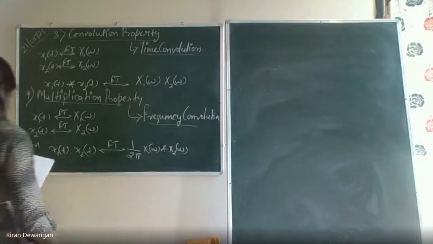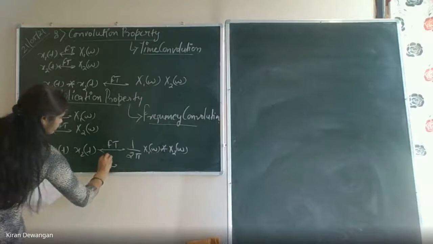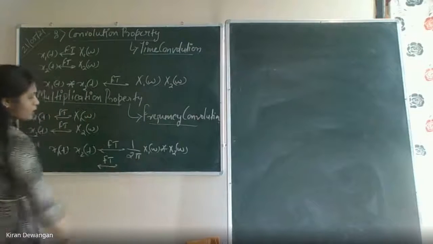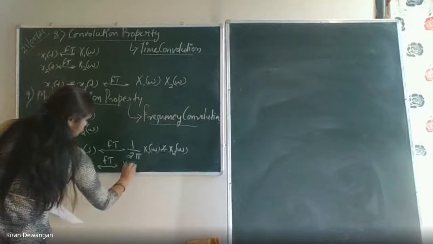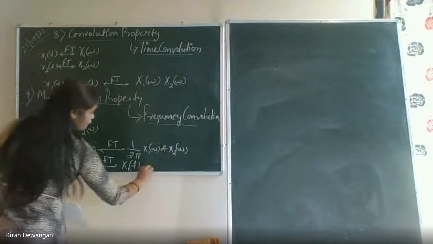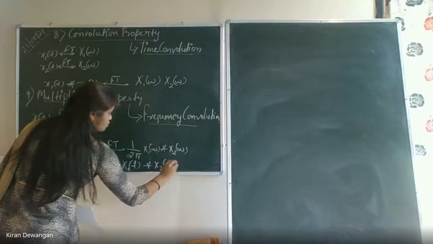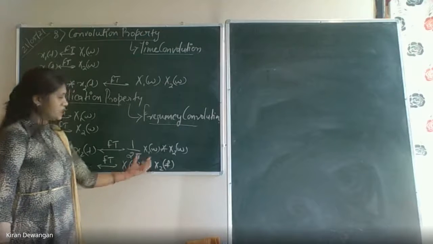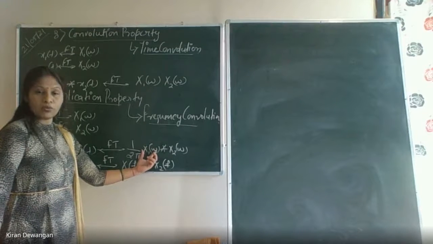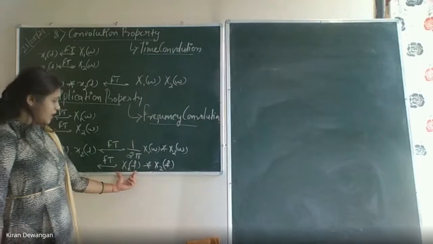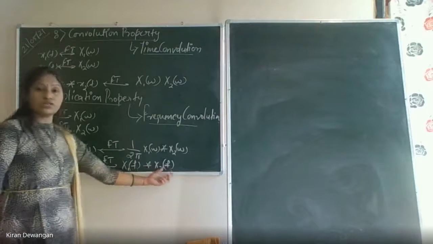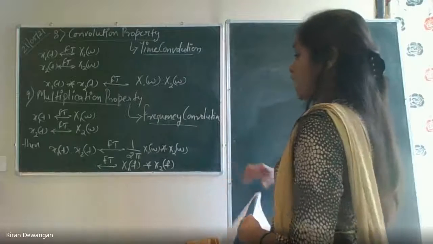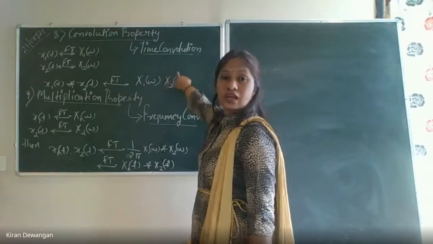Okay? Now this can even be written as the Fourier transform in terms of f. Omega is nothing but 2 pi f. From here we already have 1 by 2 pi, so that can be written as X1(f) convolution X2(f), because omega is 2 pi f. If I am taking in terms of f, that is frequency, whereas omega is angular frequency, it will be X1(f) convolution X2(f). That is the only difference. So that one is the multiplication in time domain, and this one is convolution in time domain.